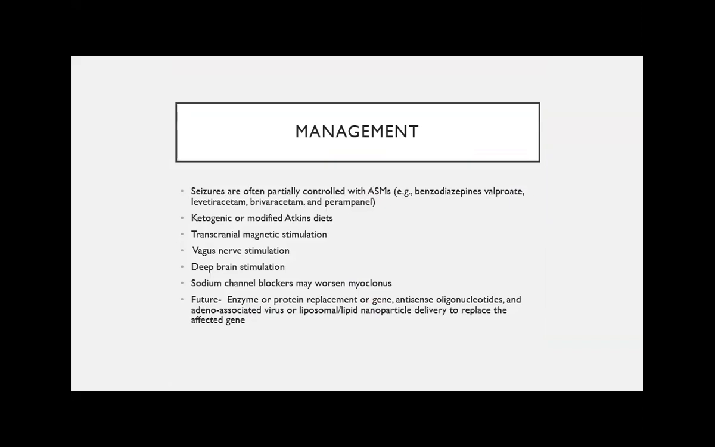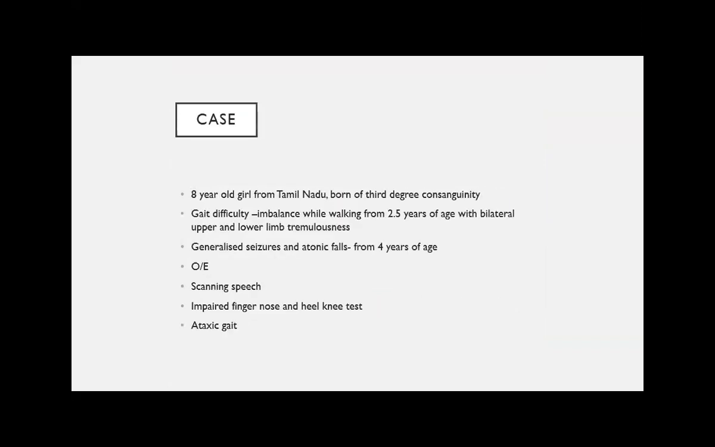And usually these are only partially controlled by ASMs. Usually used ones are benzodiazepines, levetiracetam, brivaracetam, perampanel, valproate, along with diet modification and neurostimulation techniques if refractory, including TMS, vagal nerve stimulation, DBS. And in some cases, sodium channel blockers may worsen myoclonus. And the future is in enzyme replacement and ASO, as well as targeted drug deliveries